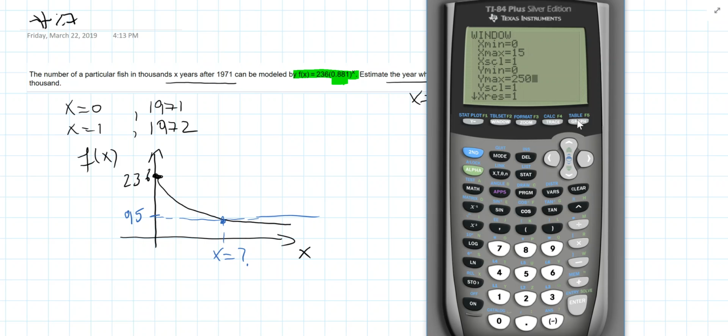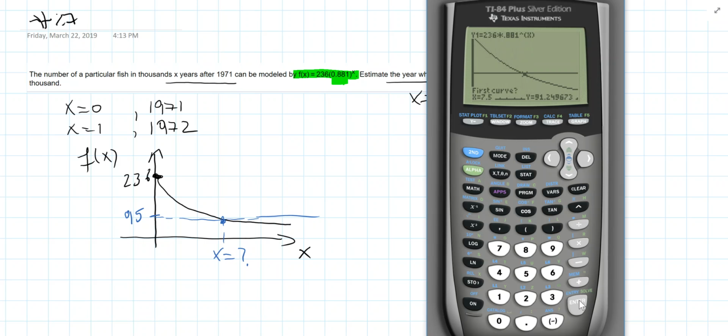And then if I hit graph and I don't see the intersection point, then I need to rethink my x, because my x was just a guess. But I can clearly see the intersection point. So looking over a 15-year period was enough. So to find the intersection point, and hence to find for what x the output is 95,000, I just click second and trace, which takes me to calculate, and I want to calculate the intersection, so I'm going to pick number 5. And when I hit enter,